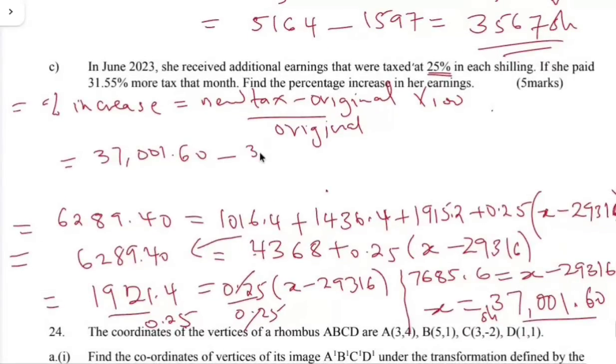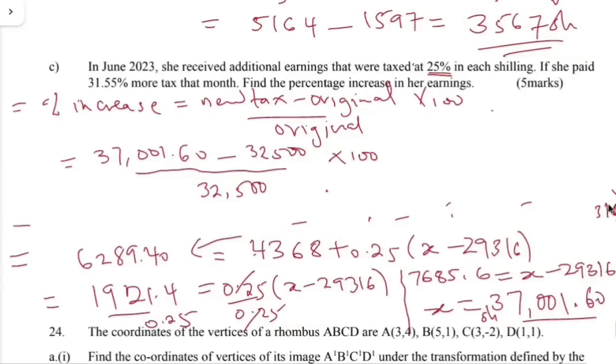So minus 32,500, divide by your original 32,500, multiply by 100. Okay, wacha tuongeze tena, tufute hii tupate nafasi ya kutosha. So equal to hii answer ukisubtract, so nikichukua hiyo minus 32,500 itanipa